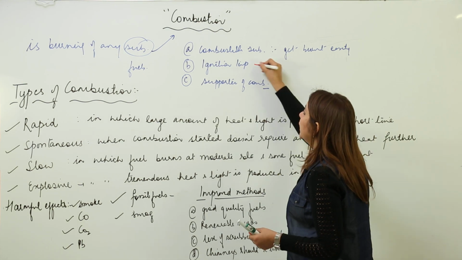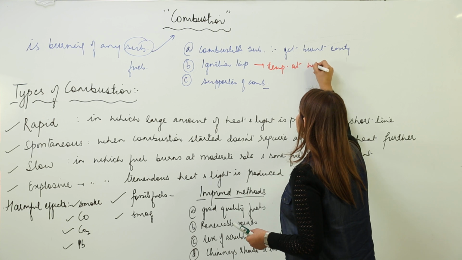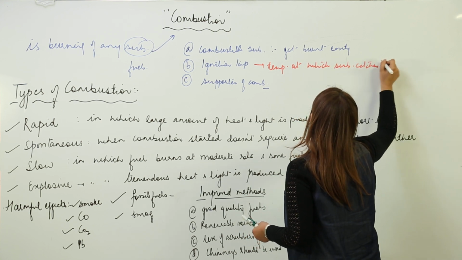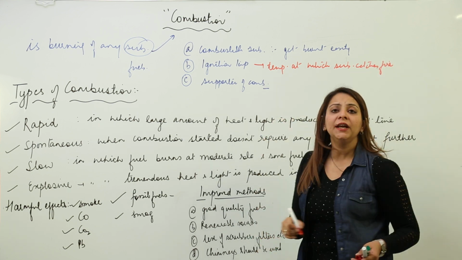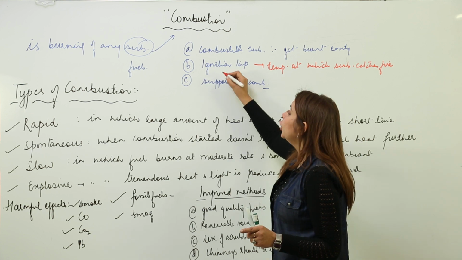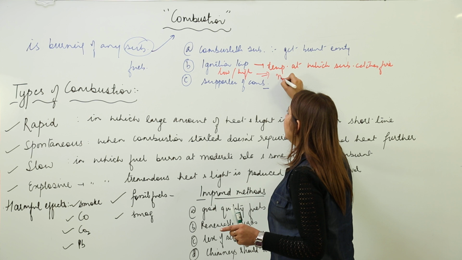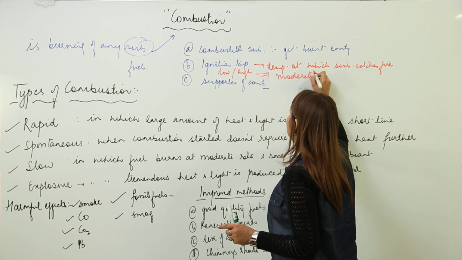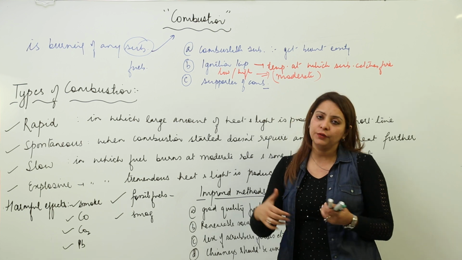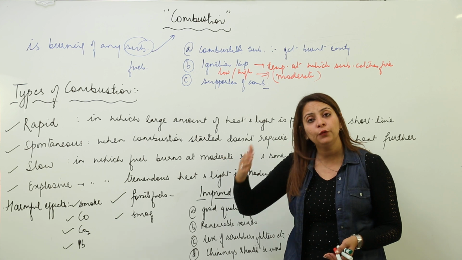Ignition temperature is the temperature at which a substance catches fire. So the proper ignition temperature should be reached, and the substance should neither have too low nor too high an ignition temperature. Other than that, it should have a moderate ignition temperature, because if the substance has a high ignition temperature, then it will obviously create a problem in catching fire, because it will catch fire very late.